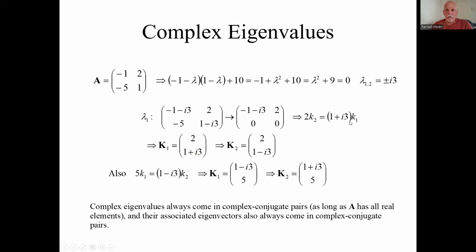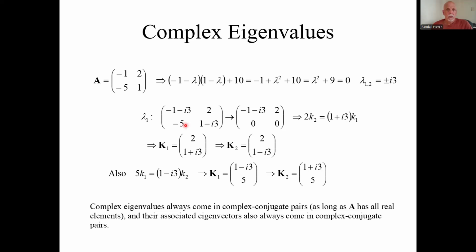I want to check this out. If I make K1 equals 1 plus 3i, if I make K2 equals 1 plus 3i, like that, I get 2 times (1 plus 3i) equals (1 plus 3i) times 2. So that does work out. I used a little algebraic trick I didn't quite teach you explicitly. But now that I have K1, K2 is just its complex conjugate. The 2 is all real, so its complex conjugate is 2. Complex conjugate of 1 plus 3i is 1 minus